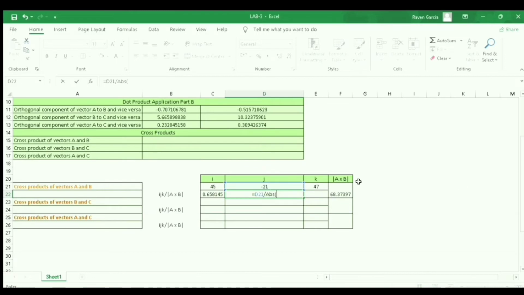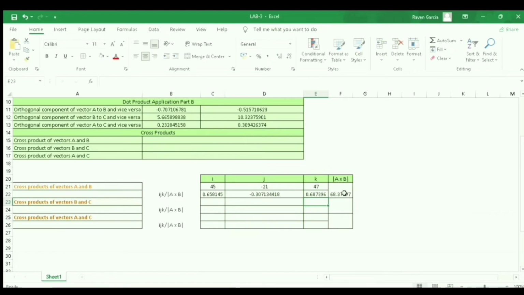At the next column, column E, input the formula equals E21 divided by F21. The answer is